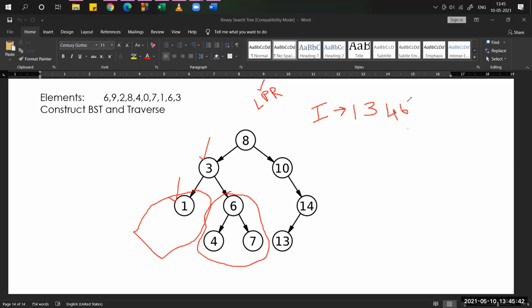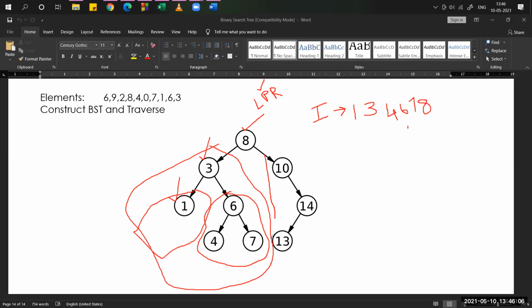What is the right child? Right child is 7. So left subtree over, parent over, and right subtree over. Finally, we finished this entire left part. After that, the parent. Who is the parent for all the left children? 8. So 8 we are going to display.